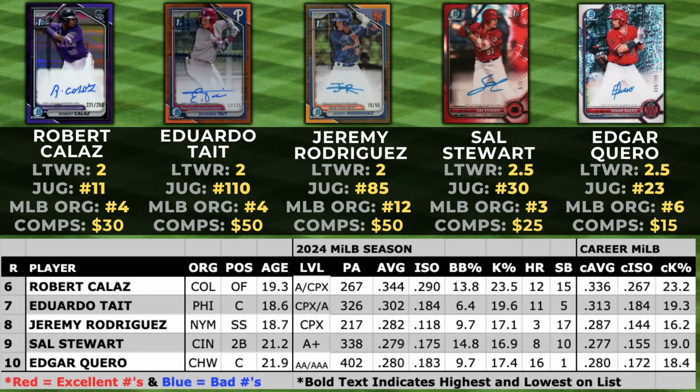The only problem with Quiero is the trade to the Chicago White Sox and Kyle Teel also being traded to the Chicago White Sox. That presents them with a bit of a problem with two really good catchers and how Quiero is going to fit into the lineup at the major league level. So we'll see what pans out. There's a very good chance he could get a promotion to the major leagues in 2025, and that's why I